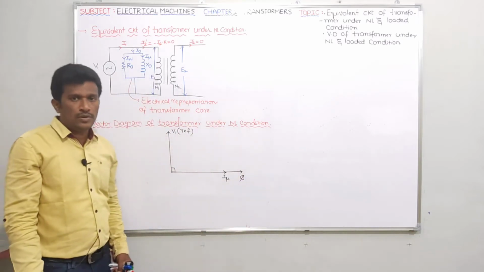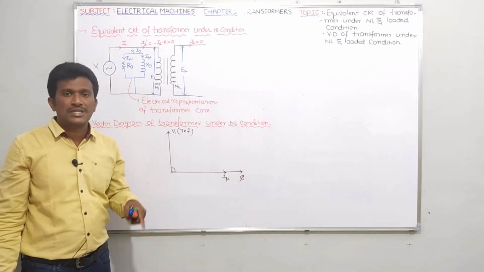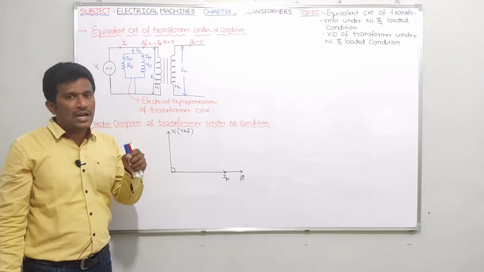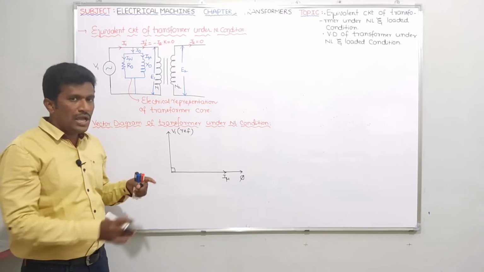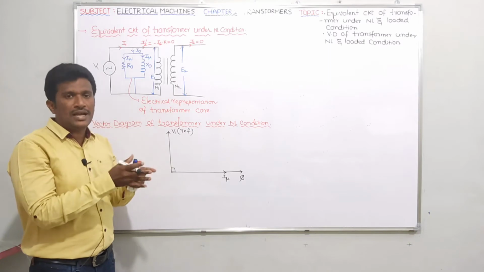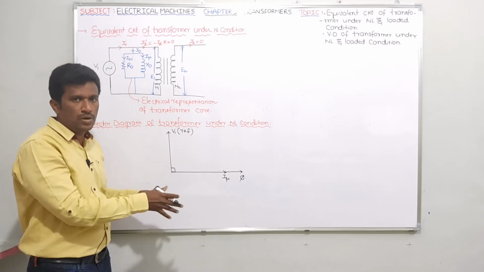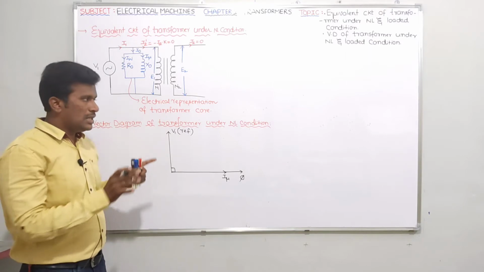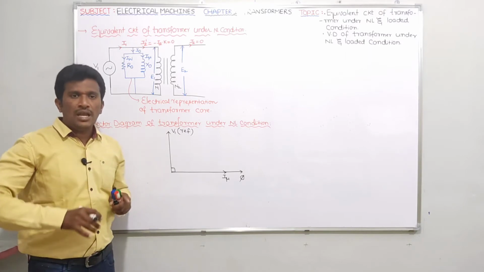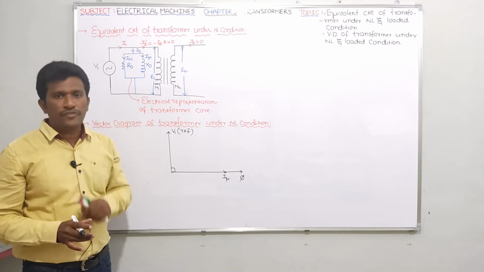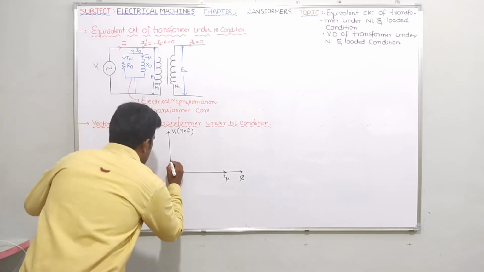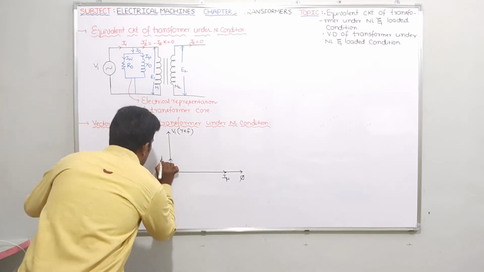Next, one more thing I told. In the transformer core, to represent losses, I need IW current. That is why I can say that IW is used to represent core losses, iron losses. That will be justified in this video. Just for the time being, in the last video I told, what is the angle between V1 and IW? In phase. In phase. Guys, please try to understand.